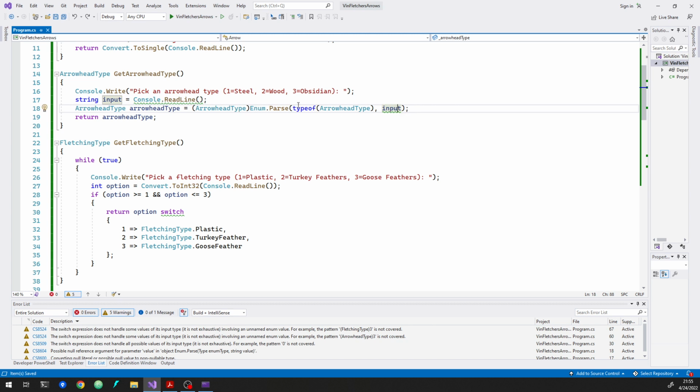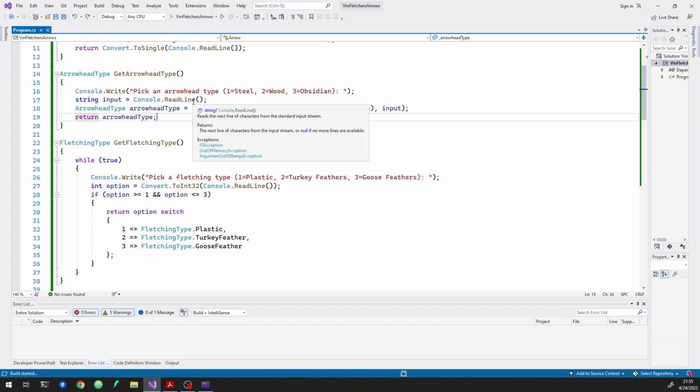And yeah, so anyway, this method will take the type that we're trying to parse. Again, like I said, I'm using this type of thing that I could be wrong, but I really don't think we've seen that. Maybe we have. And then the string that we want to parse, and then that returns object. So I have to cast that to an arrowhead type, and now I've got that. So now if I run this,